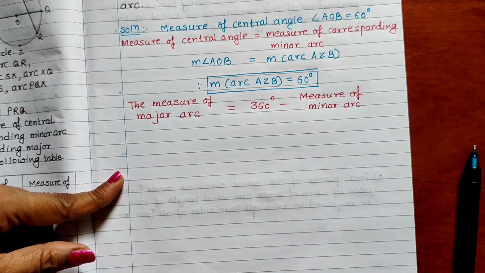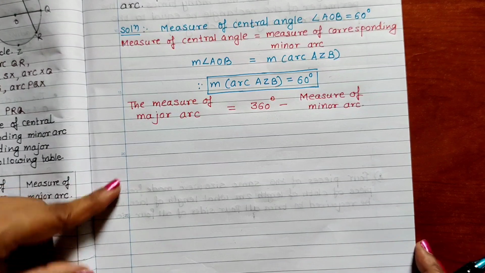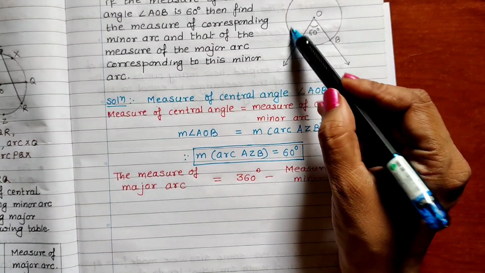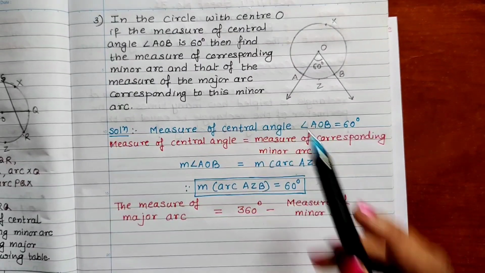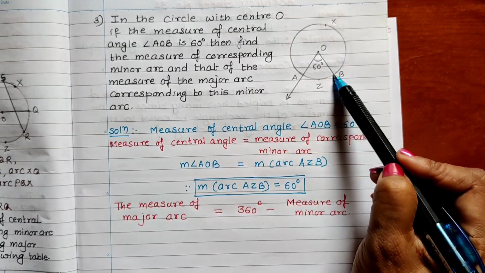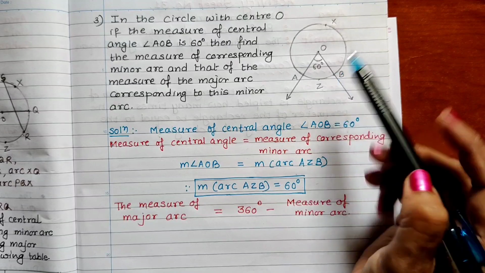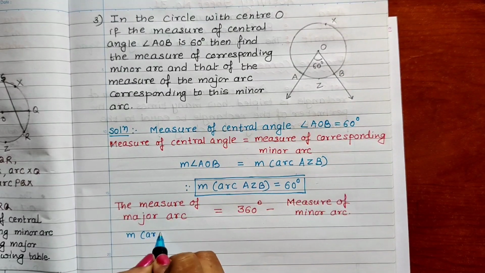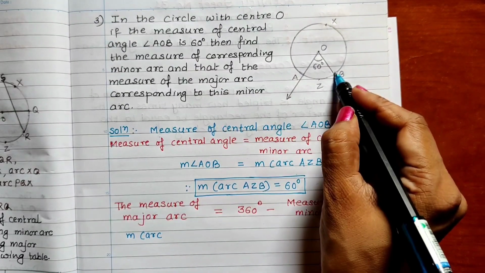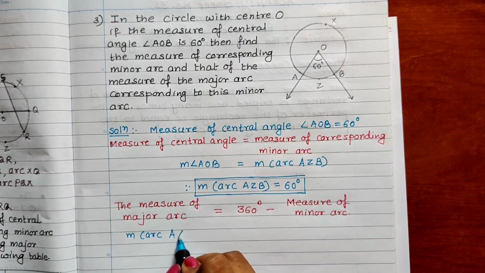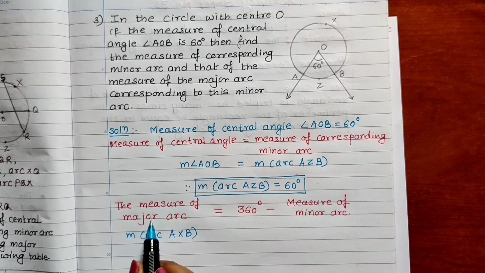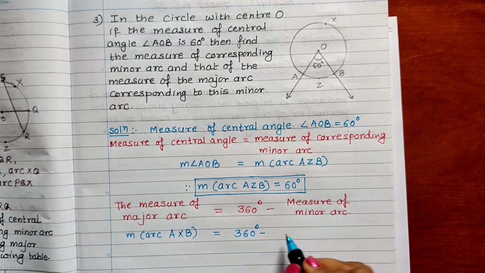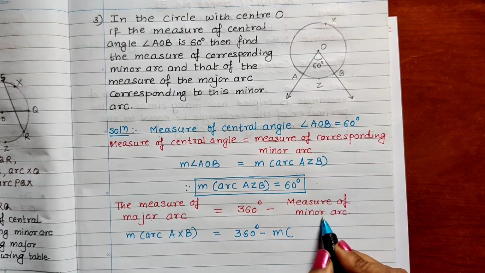Okay, so in this way we have to write the formula first. Now let us write the names. What is the name of the major arc? It is arc AXB, the bigger arc. Bigger means major arc. So I write here measure of arc AXB, the major arc, is equal to 360 degrees minus measure of the minor arc,